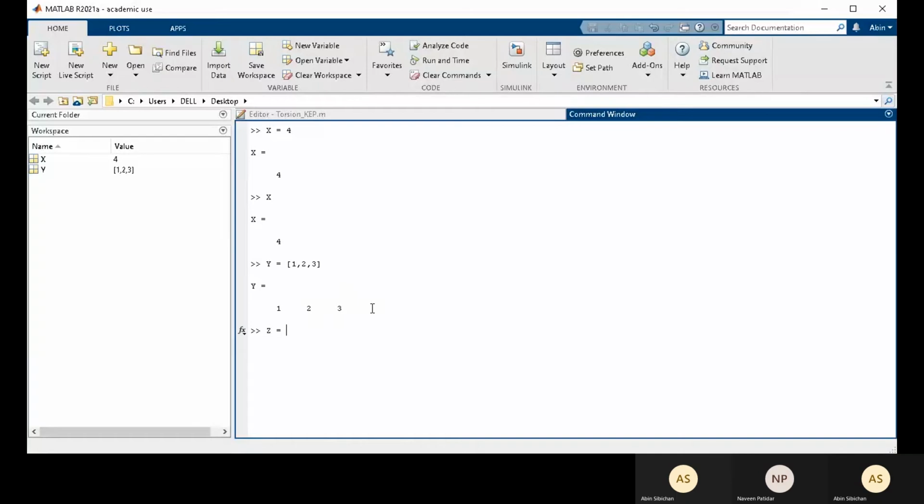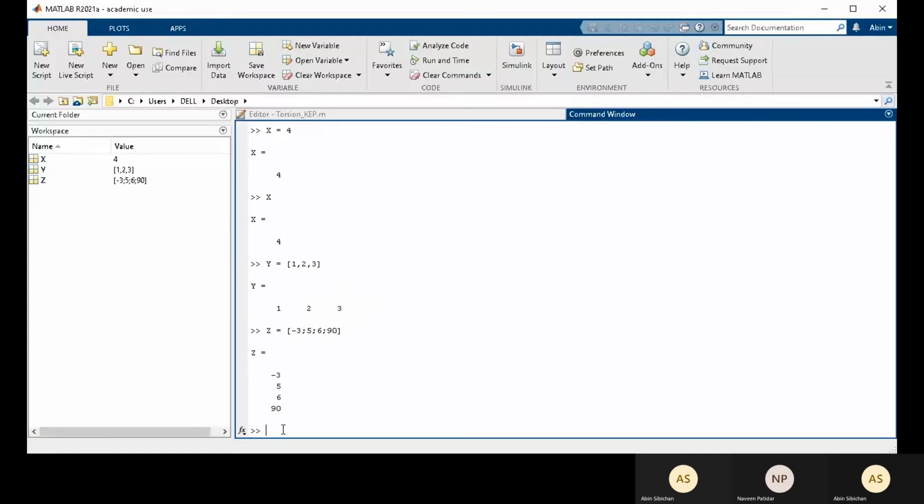Similarly, for a column vector, instead of the commas that we use to separate the values here, we will use a semicolon. So -3, semicolon, 5, semicolon, 6, semicolon, 90. If you run this code, you will have a column vector. In a column vector, there is one vertical line, and there will be 4 horizontal entries. So we defined a row vector, and we defined a column vector.